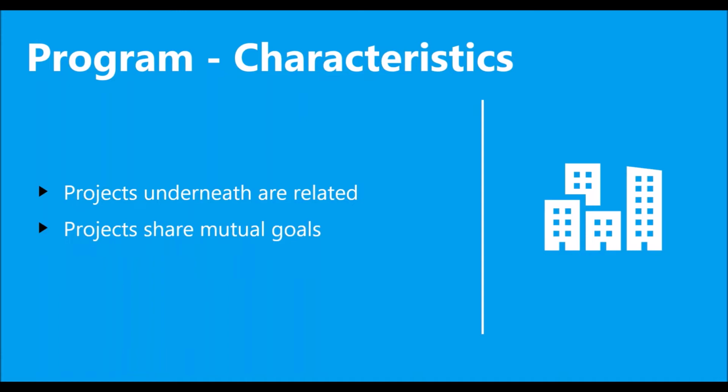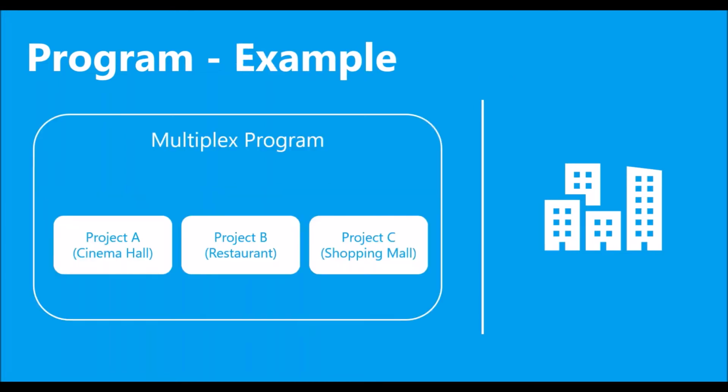Now, the first example of a project that we used was the construction of a house, right? Let's carry forward that analogy and look at an example for a program. Let's say I want to build a multiplex. It's a large project for me. So I can group together individual sub-projects. A multiplex can contain a cinema hall, a restaurant, and a shopping mall. If I have to manage this program, I may give it to individual project managers because they are projects in themselves, and I can manage this as a multiplex program, right? So in the hierarchy, projects come below and programs are above projects.